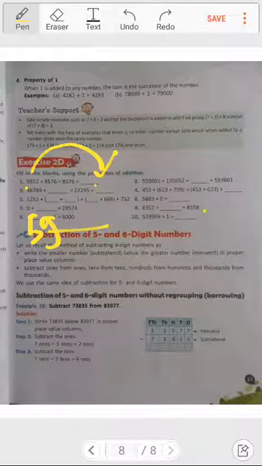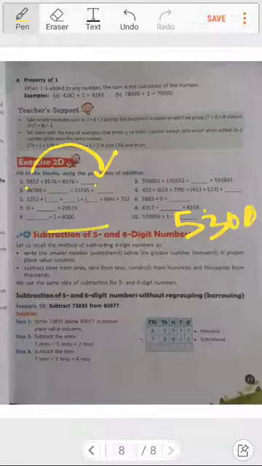Okay, if you see here, it is 5,29,999 plus 1. So 1 is added, it increases more, and it will become 5,30,000. How many zeros? 4 zeros should be there. Okay, we will be writing 4 zeros.